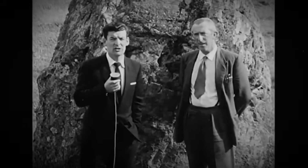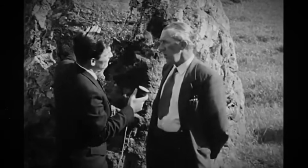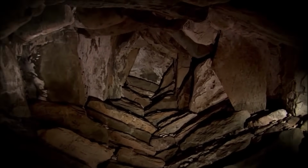Find out what's happening here at the mound now, we spoke to Professor O'Kelly. Well, the monument, as you have heard, is 4,000 years old and now needs some repairs. We should do some